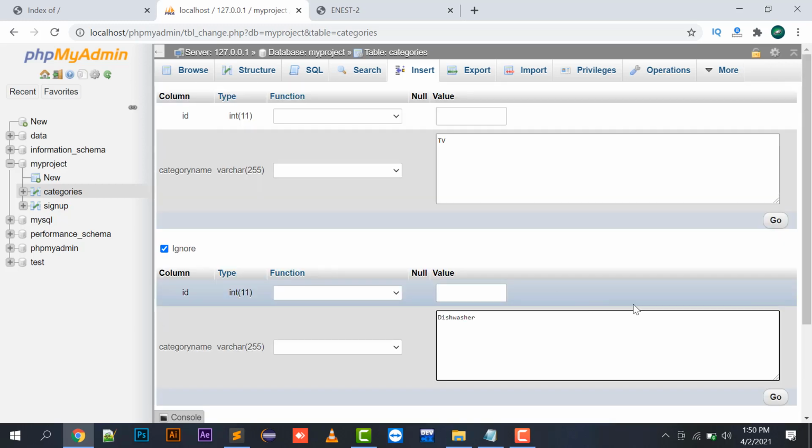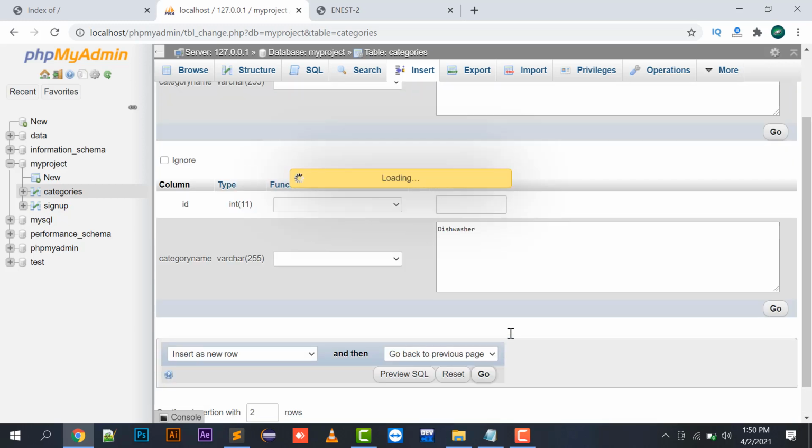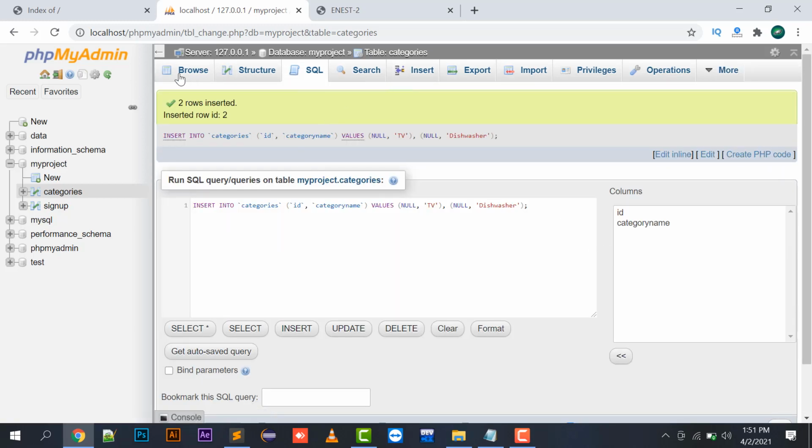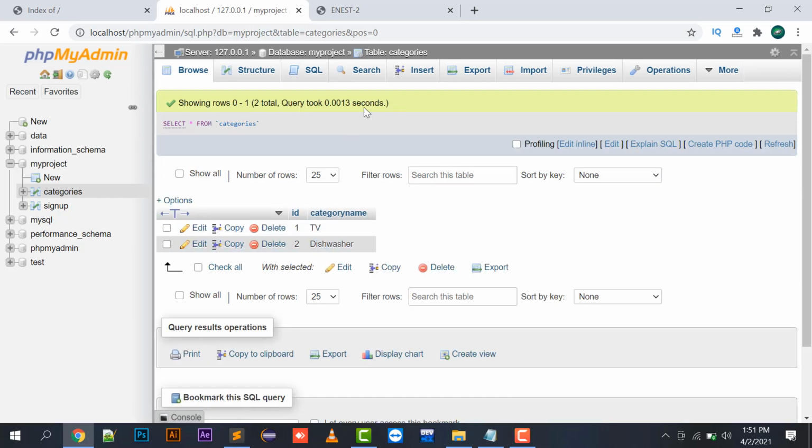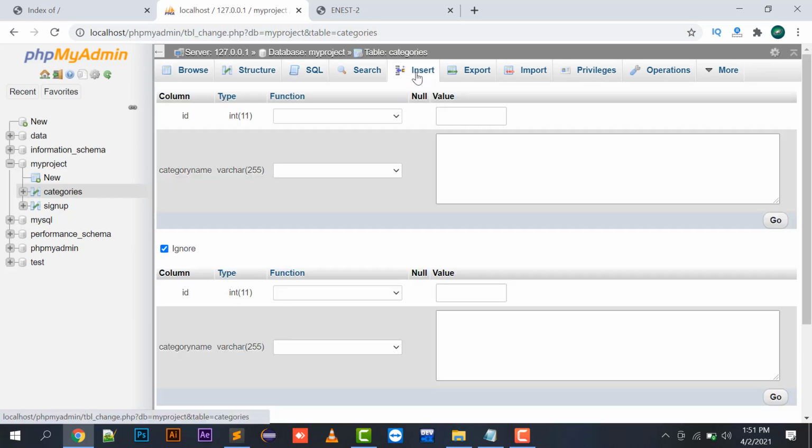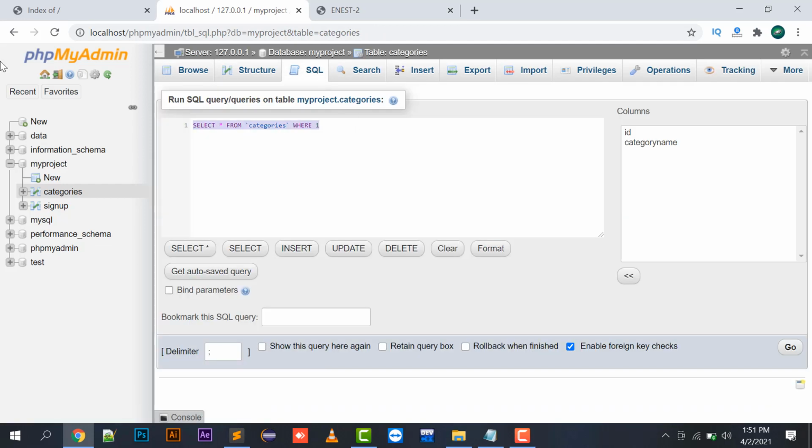See, in two ways you can insert your categories. One is this way, you can manually insert all the categories, and again like the browse function, two categories have been made. Then again you have to put the values over here. The other way is with the help of a query. I'm going to do it with a query: insert into categories, category name,